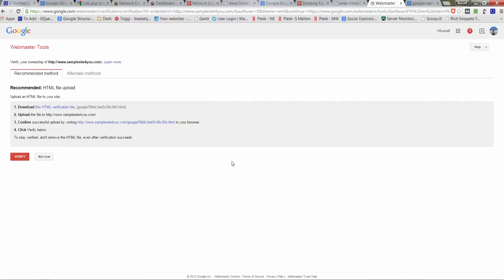It's during this section that you will see the recommended HTML file upload. What you're going to want to do, I recommend the HTML verification file. You're going to have to upload that into your FTP. I use an FTP software, for instance,